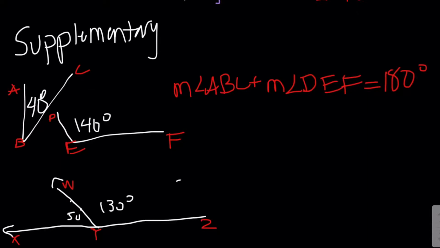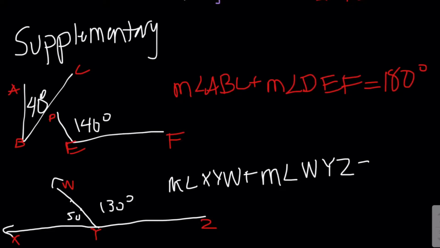It would be measure angle XYW plus measure angle WYZ equals 180. But now these two angles are connected by a line, which is line WY. So these supplementary angles are also adjacent,